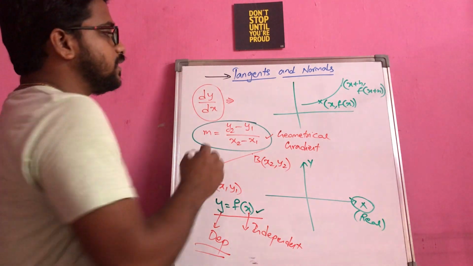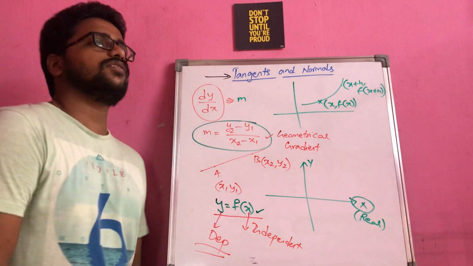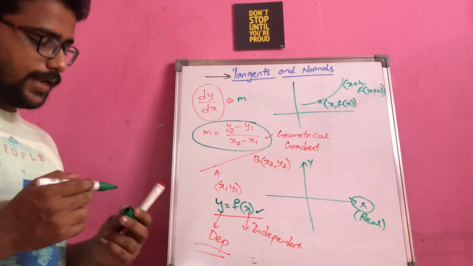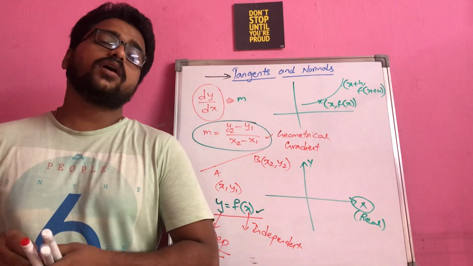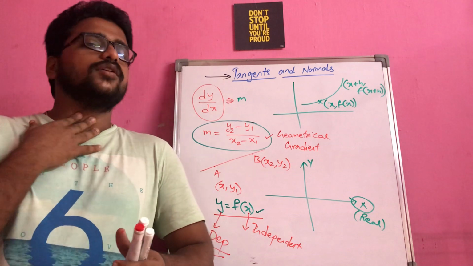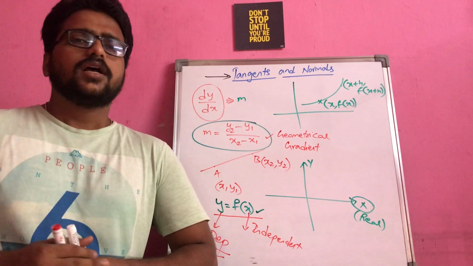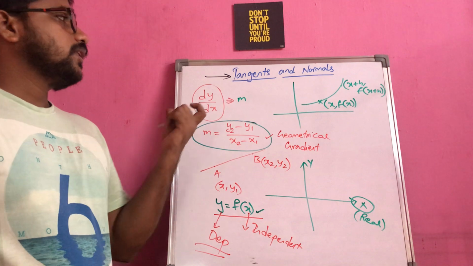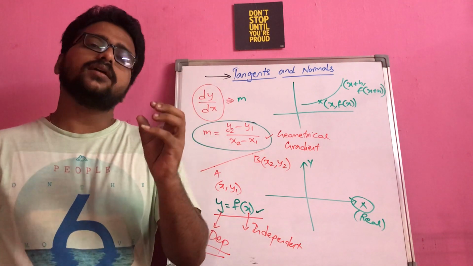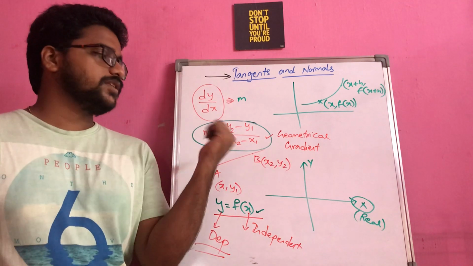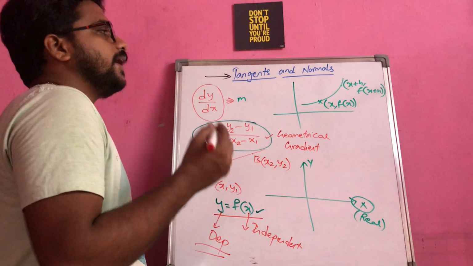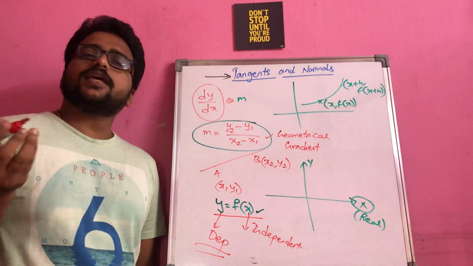So that's why we will say that slope is nothing but finding the value of dy by dx. So for any particular curve or a line that they have given to you, if you are asked to find the slope, it is enough for you to find the value of dy by dx. So it is very clear that there is a complete dependency of the geometrical meaning on the derivatives concept, that is with respect to the slope. So slope value is nothing but finding dy by dx for any given line.